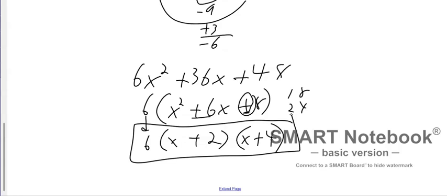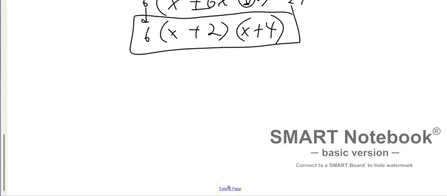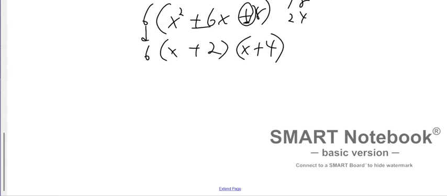Now, it won't always happen. We will have problems. We're going to go to those right now where we have to do factoring with the number in front of the x squared. But if you check the GCF first, it might be a lot easier. All right, and last but not least, we're going to have a number in front of the x squared, such as this,